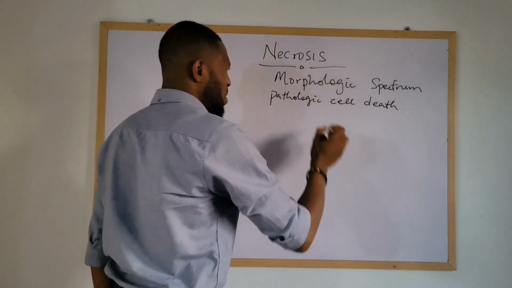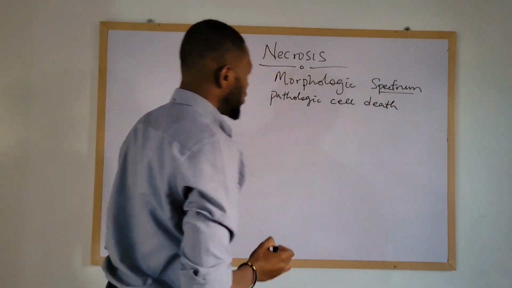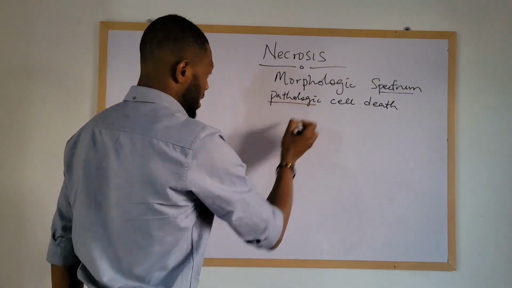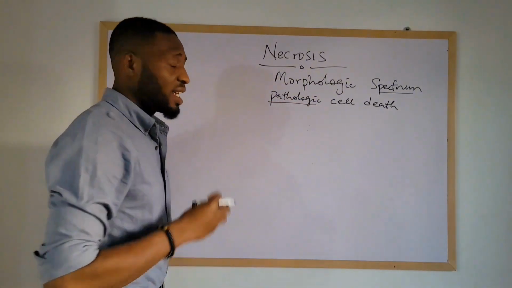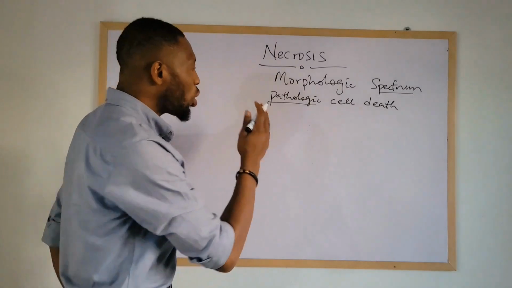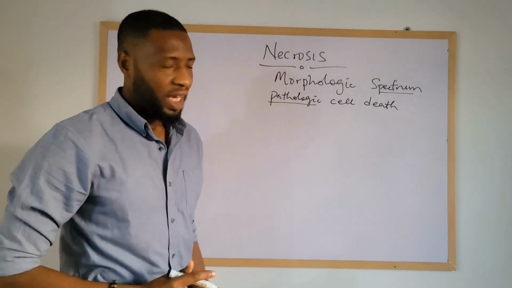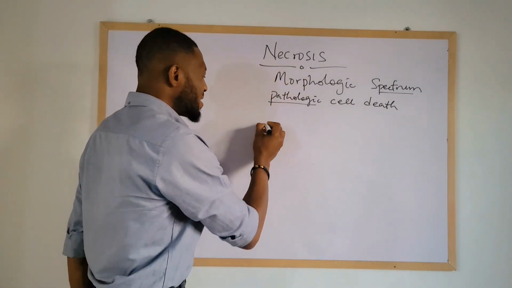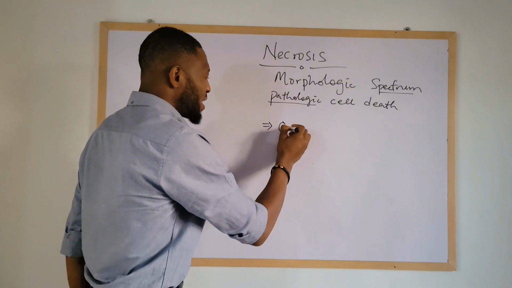Okay, so it's a spectrum, and of course it is pathological. So unlike apoptosis, necrosis is always pathological, and it is characterized by cell membrane damage,